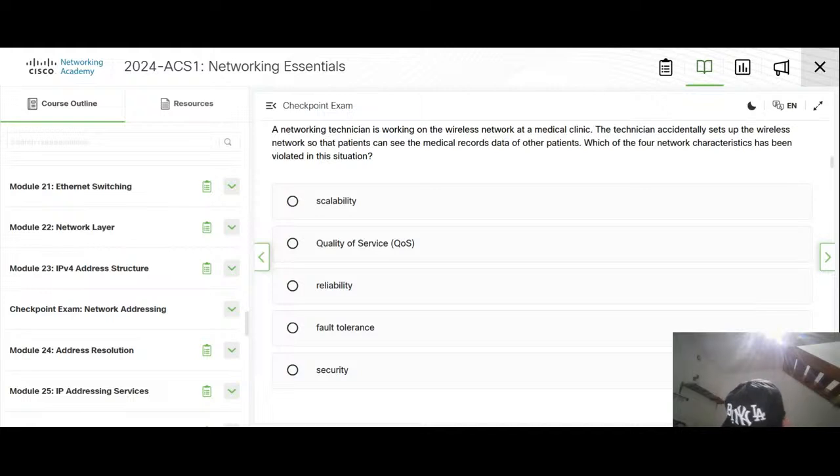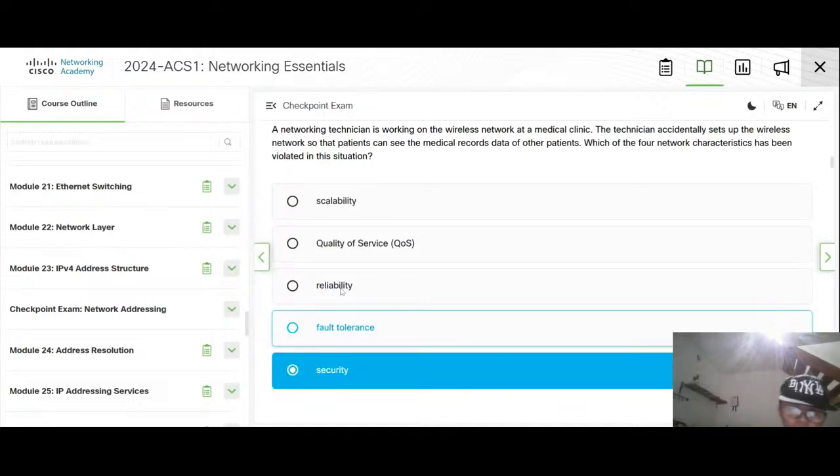Just noting. Okay, so while a certain patient can see many other patients, it is security.